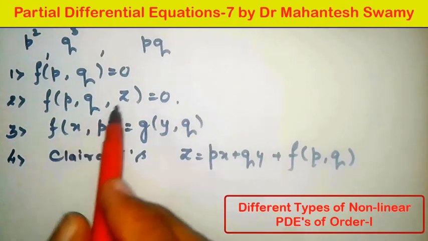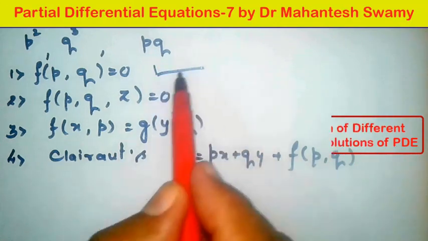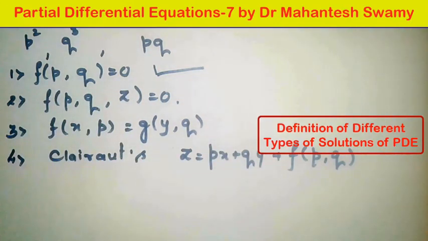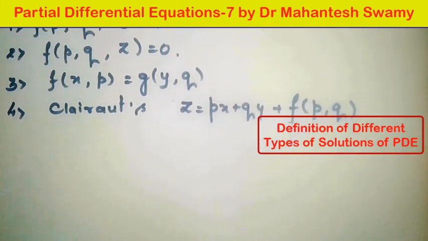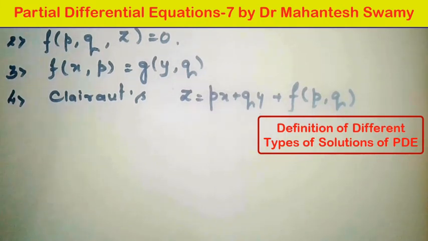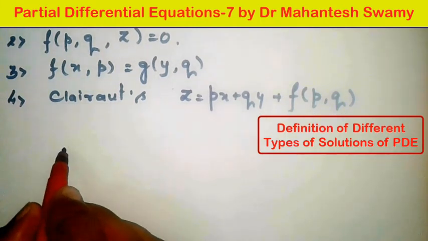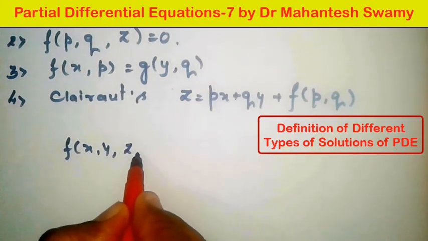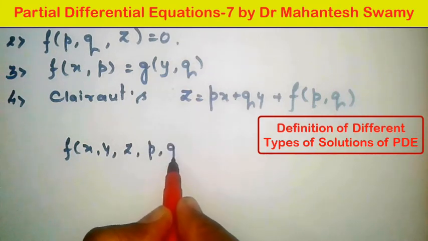Now before going to start with the first type, that is f of p, q equal to 0, let us discuss something regarding the different types of solutions of a given partial differential equation. So if the partial differential equation given is f of x comma y comma z comma p comma q equal to 0,